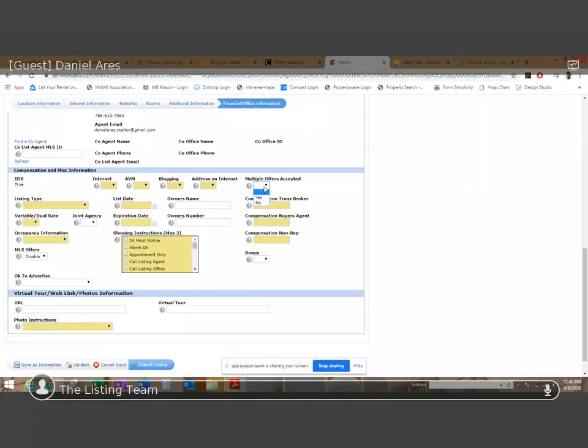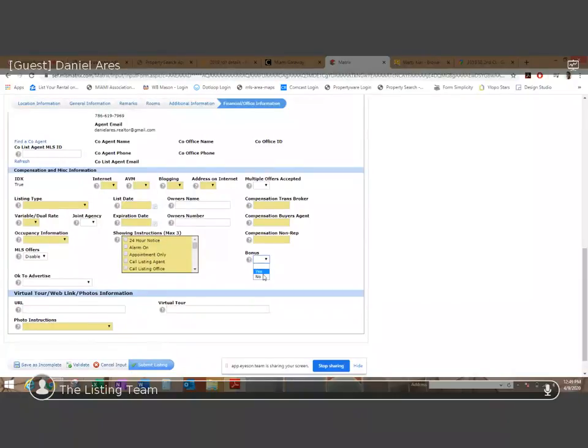Okay, multiple offers accepted. This is if it's maybe a flip property and you're accepting multiple offers. Maybe you're in a high bidding time in the market. You're doing an auction, you know what I mean? Maybe you're doing an auction property, multiple offers, yes or no. You can feel free to leave it blank and leave it open. Okay, I personally do like to leave it open. But on the same point, this one right here,